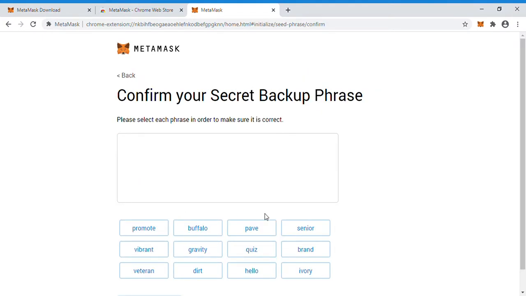You can see the bottom. These are the words which we have copied in the previous file. Now here we need to select the words based on the order. What is the order of the words in the previous? We have brand and promote. The same words we have here. First we need to click on brand, then promote.